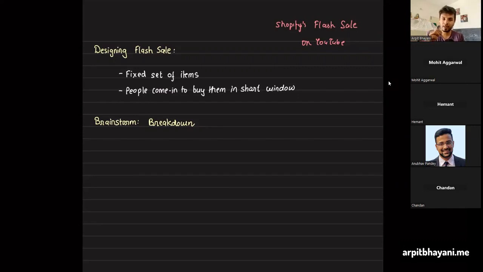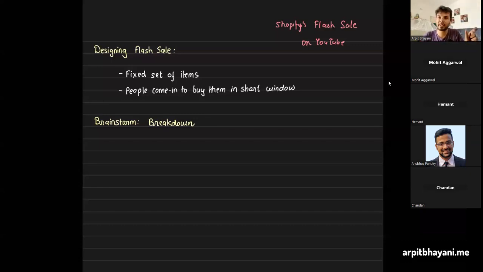So the idea of flash sale, for folks who don't know, just to set the context, is that you have a special sale on your website. Let's say Xiaomi is doing a flash sale. Xiaomi has Mi 8, the latest model, and it has limited inventory of it. Let's say 100,000 phones only. When it announces a flash sale, the flash sale starts at, let's say, 11 a.m. on a particular day. At that 11 a.m., everyone who can grab that phone, grabs that phone.